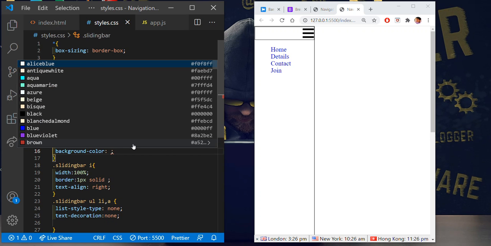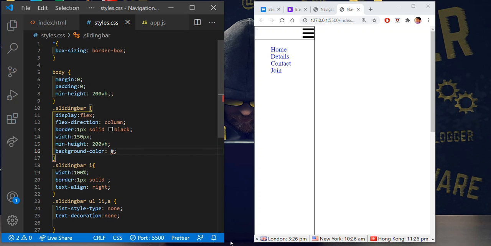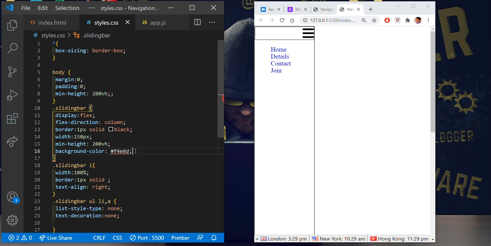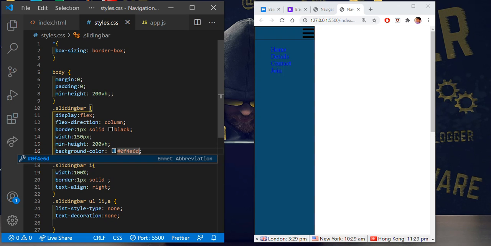Background color is something like hash F4E6D. I think that's something. Hash 0. I think, yeah, it's the same background. Yeah, perfect. Now I would just take out the borders everywhere,